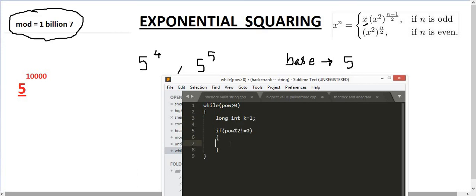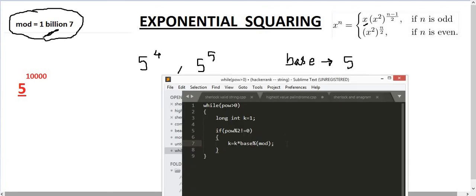So k would be k times base, mod our big number, that is 1,000,000,007. Let's say mod, this is the big number.